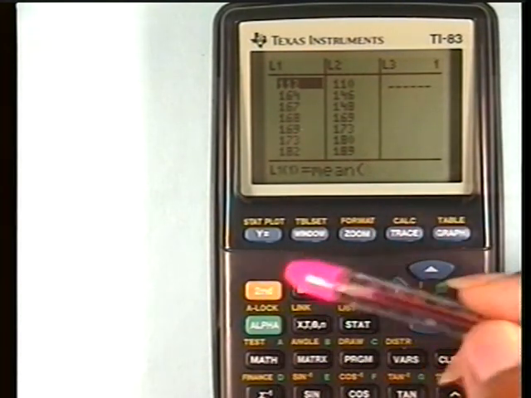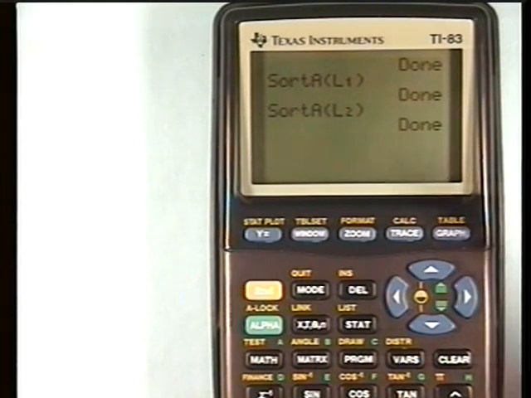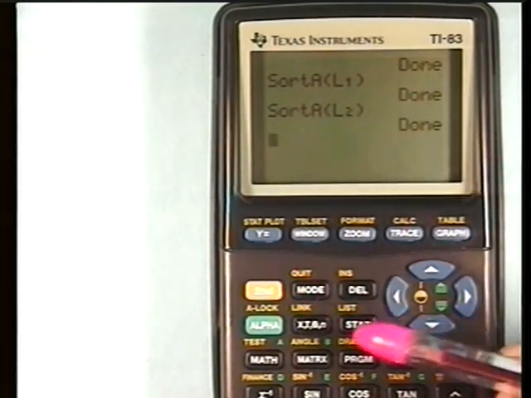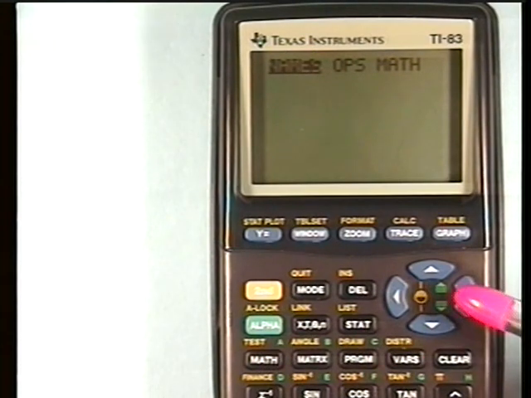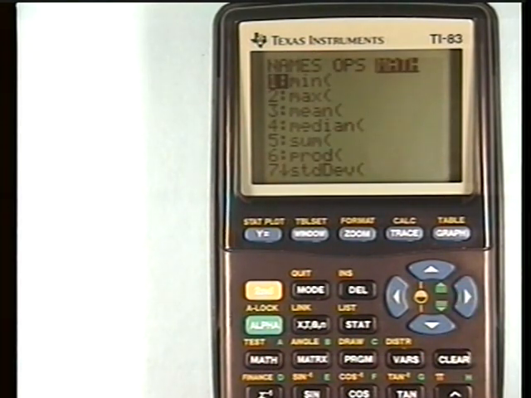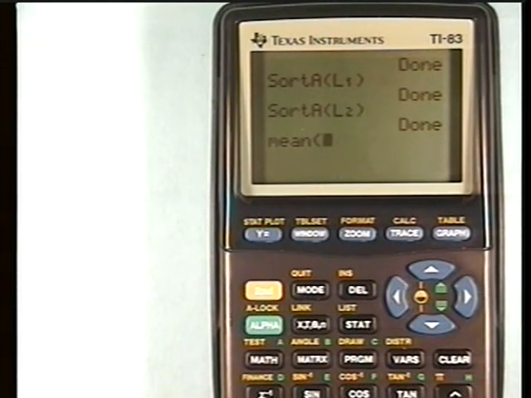We don't want to start there. We want to go back to our home screen, second quit. Again, second list, arrow over to Math, 3, and mean will appear on your home screen. The graphing calculator is now asking you, what do you want the mean calculated on? Let's do our mean on the list of L1, find the median of L2. Therefore, we'd put in second L1, close the paren, hit enter, and that's the average of the heights that are